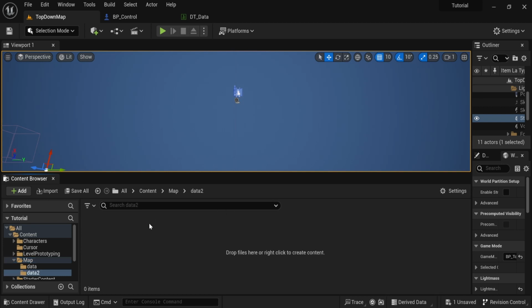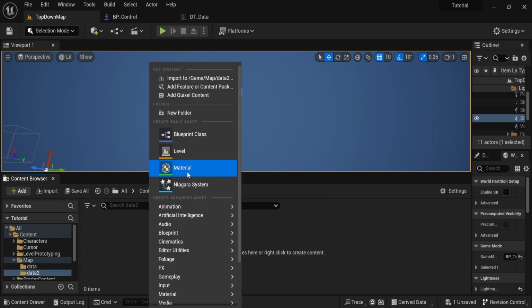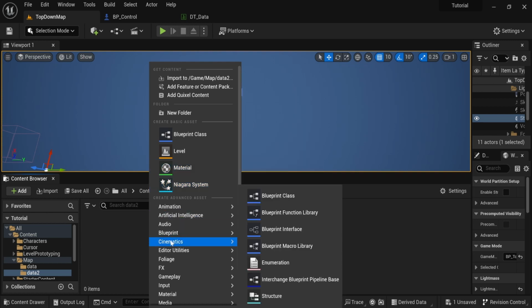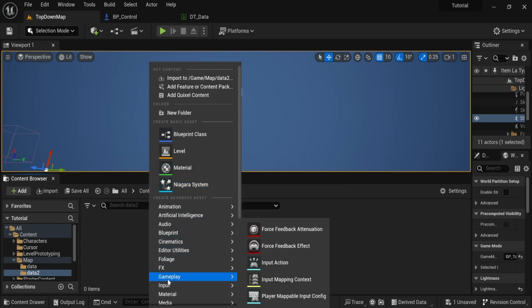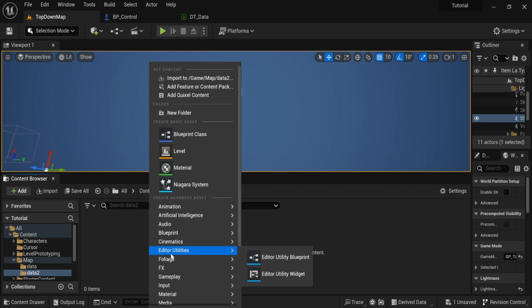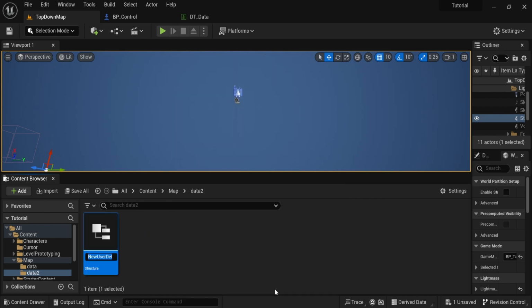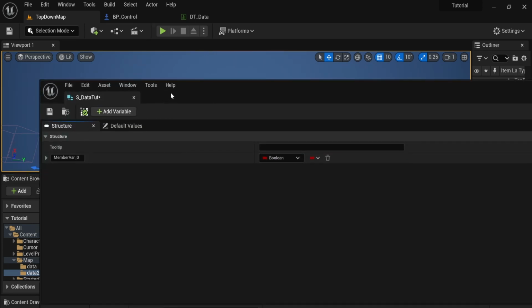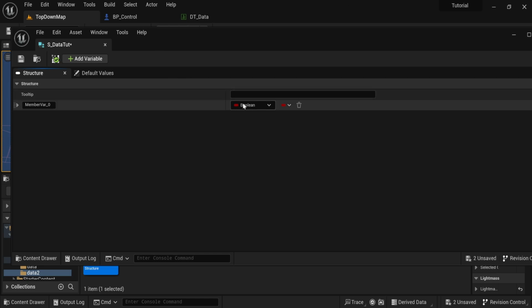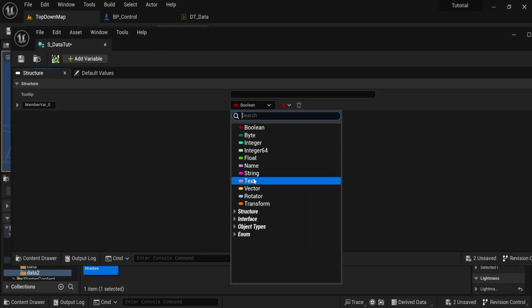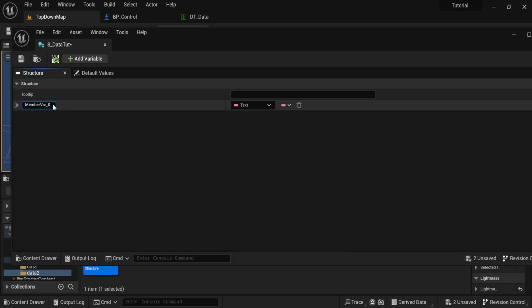Right, so let's go into data 2, or any data folder you want. Then I will be using the first one, the structure, so I believe that's in here, blueprint. We'll call this data tutorial, and then essentially what we need is a text, and this will be